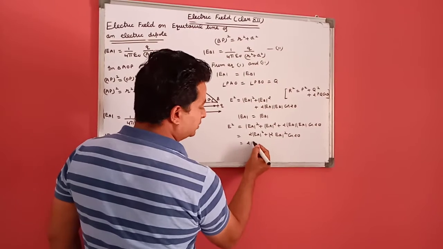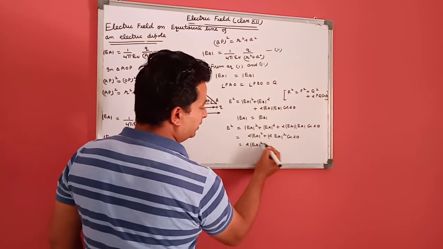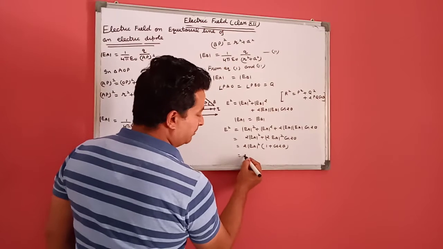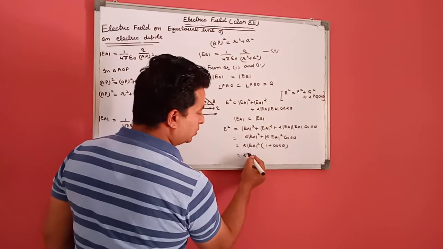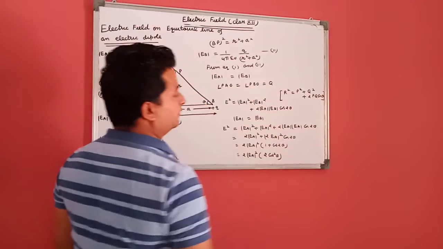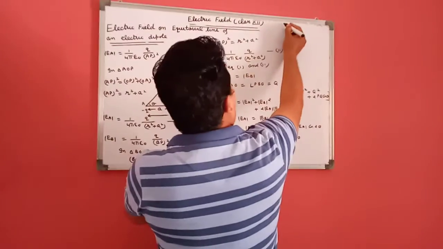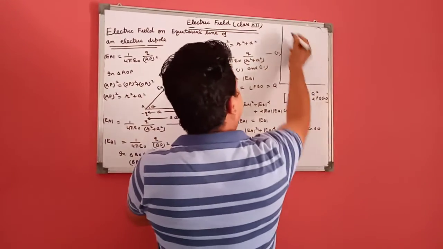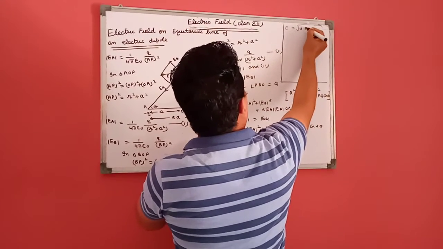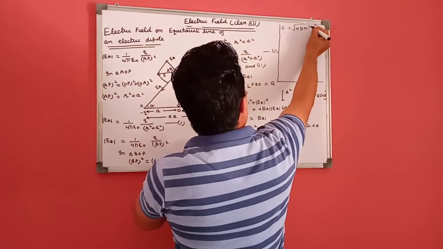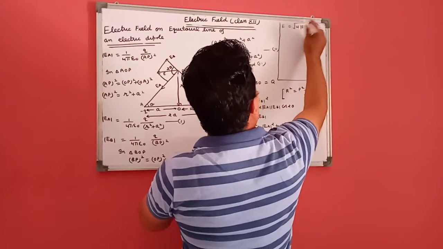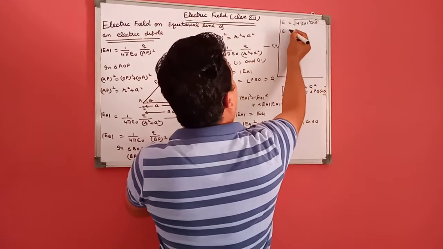When we take 2EA square common, this is 1 plus cos 2 theta. Remember, 1 plus cos 2 theta is 2 cos square theta. When we take the square root of this, we get E equal to square root of 4 EA square cos square theta. The square root is